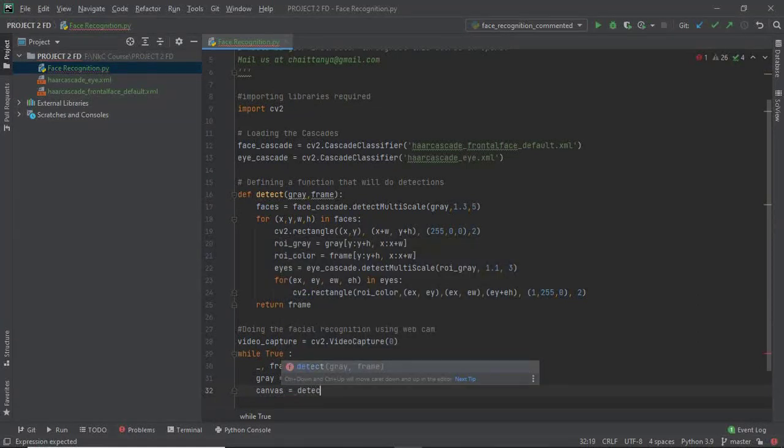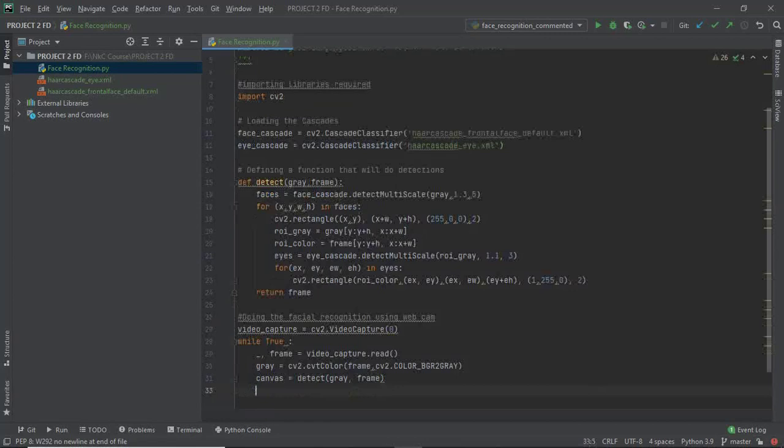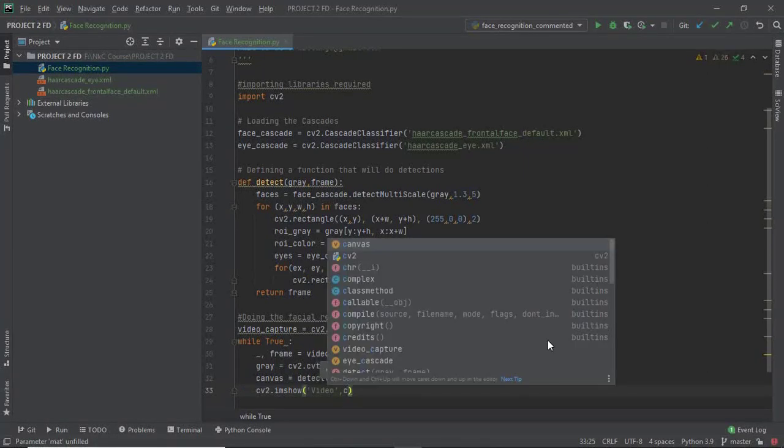Later on, we display the output using canvas. Let me show you how canvas works. Video, comma, canvas.